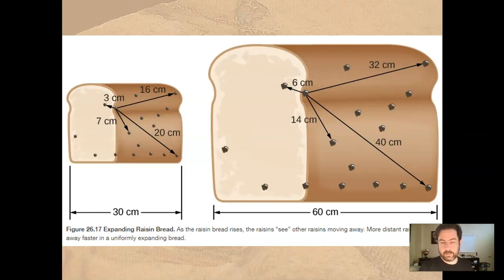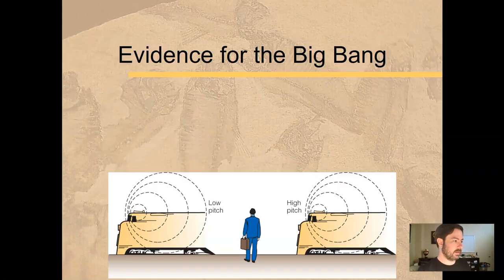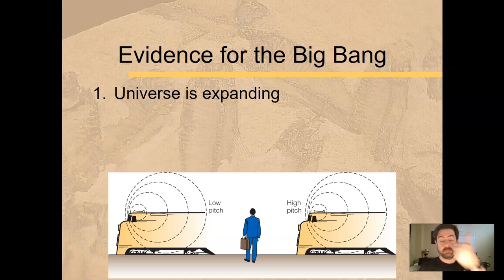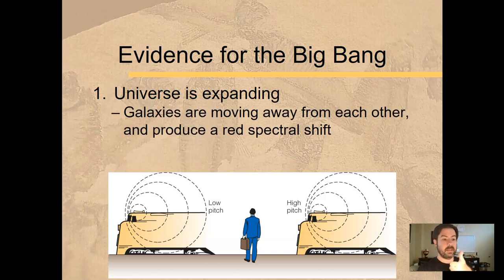Another aspect of this whole thing, and I'll try to get it all together, is something that we experience from time to time. All right, so number 1, evidence of the Big Bang, universe is expanding in all directions. Again, galaxies are moving away from each other. When they do, and the speed at which they do, they create something called a redshift. So more on that here in just a second. It's a physics-y astronomy thing.